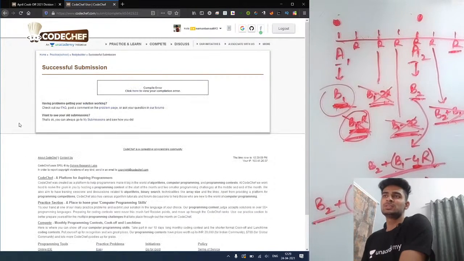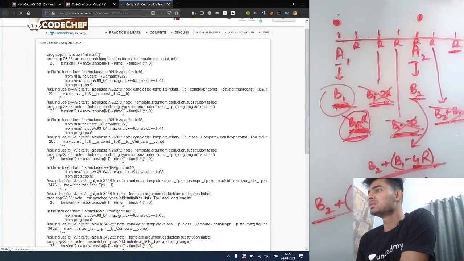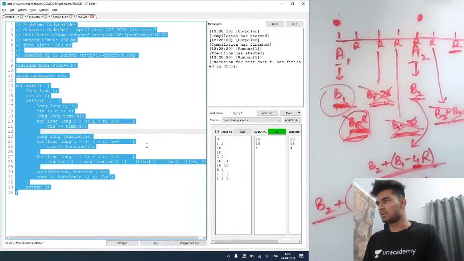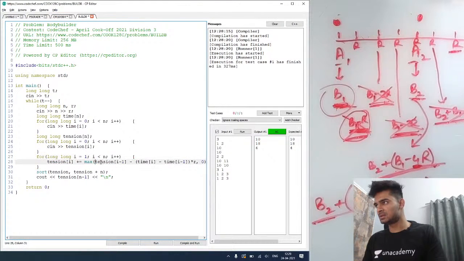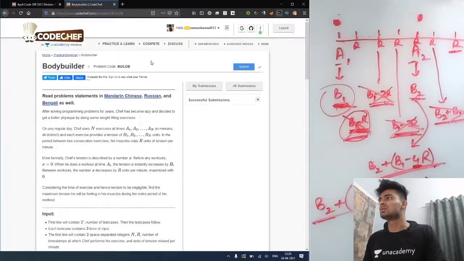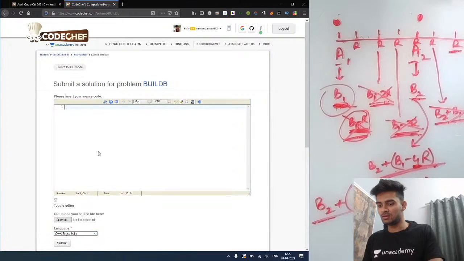Okay, so we have a compilation error. This error is actually because in this maximum, this is a long type, and this 0 is an integer. Therefore, the maximum is not able to find a function for it. So we'll just make this 0 a long as well. Let's submit this now. So we have C++17,